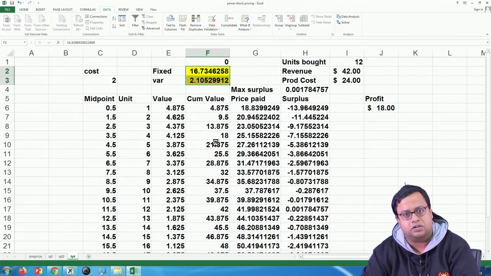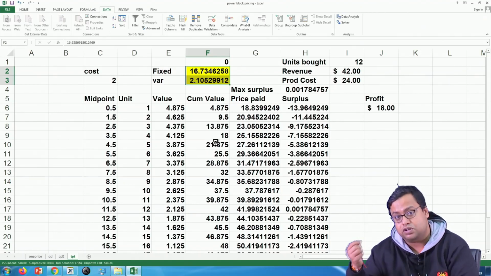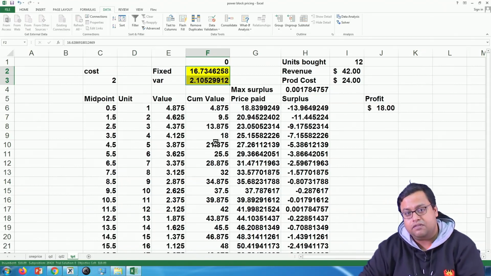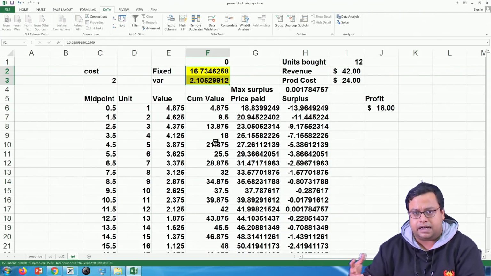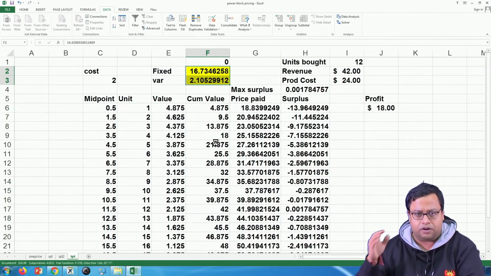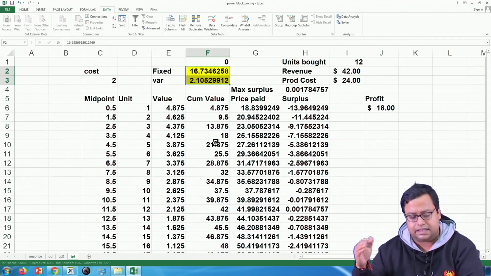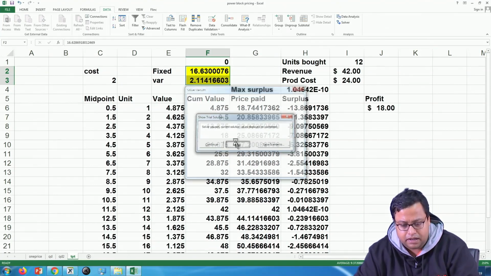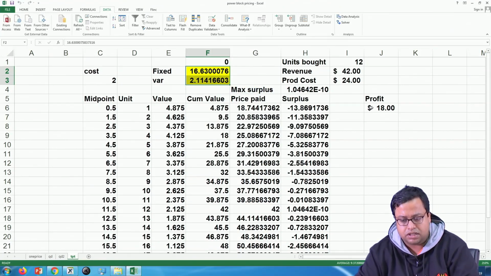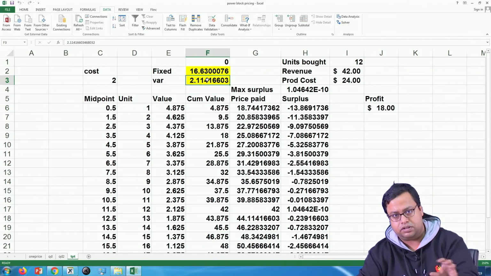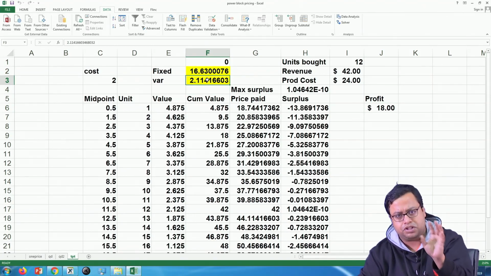It is also trying to converge to $18. This is also interesting: in all the 3 cases, if there is only one of these, it will try to converge to the same place, and there are reasons for that. There are actually derivations for that, whether you go for two-part tariff or for 2 different kinds of these, it will converge at the same place. So, okay, I will stop here, and the prices are coming to $18, and 16 is your fixed cost and $2 is your variable cost. The fixed cost is always high, the variable portion is lower.